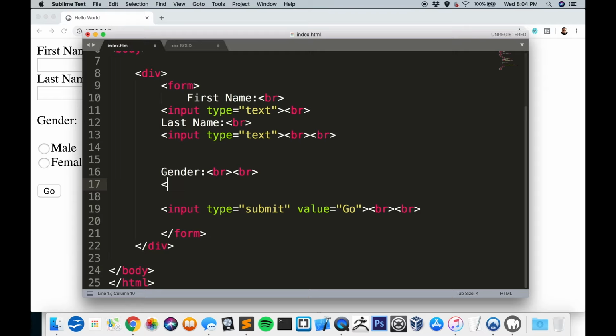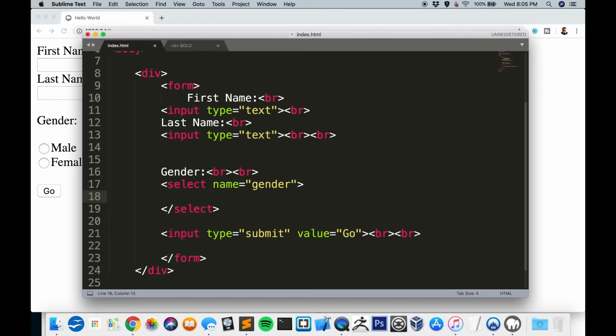So we're going to go select, not selection, select, and in here we're going to type in name, and we're going to type in gender. So again, this will be for passing information to PHP or various other web languages. Go ahead within your select, what you're going to want to do is type in